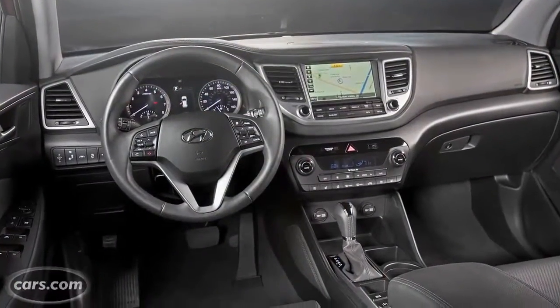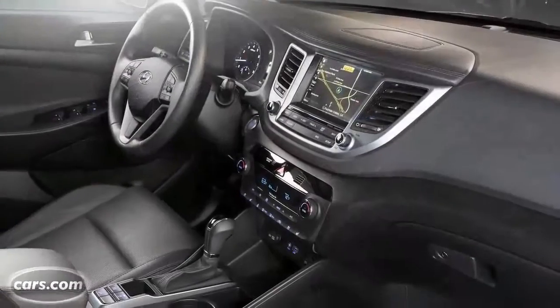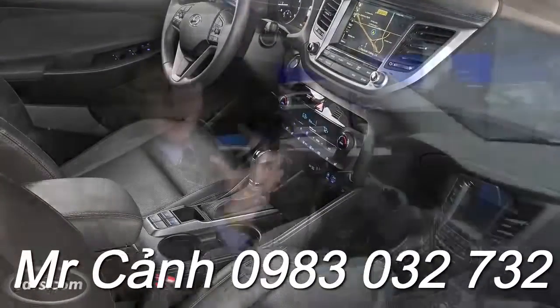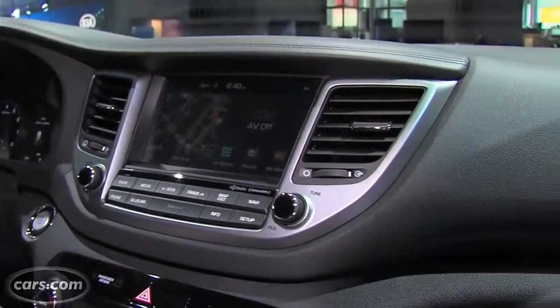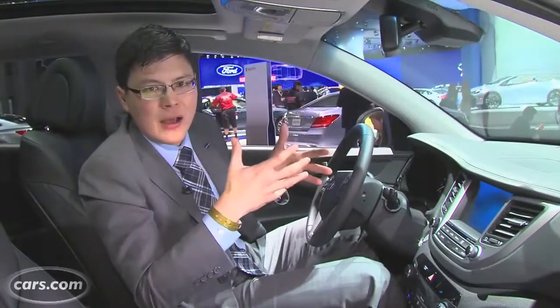The sweeping dashboard redesign places controls kind of in two tiers here. Pretty familiar stuff if you've been in Hyundai vehicles lately. Overall cabin material is very impressive in this very well-equipped car here at the auto show. Lots of soft stuff where your arms and your elbows land. Nice low gloss veneers along the dashboard, and that's not always the case when you're in kind of a compact